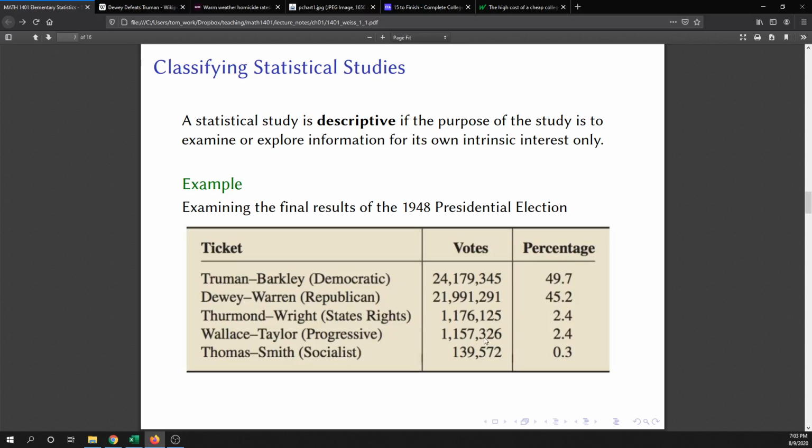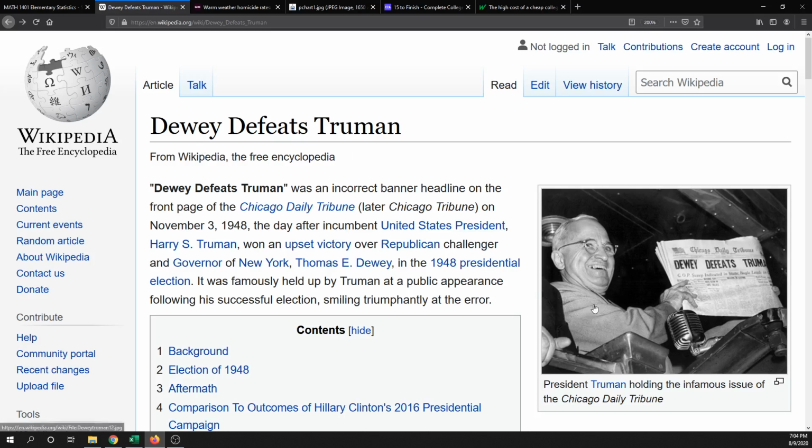So, for instance, here are the final results of the 1948 presidential election, and you can see the people that were on the ballots, and this is the popular votes. This actually is a little bit of a famous situation because there is a "Dewey defeats Truman," and in this picture you can see President Truman, who won that election, holding up the Chicago Daily Tribune, and it says "Dewey defeats Truman." They published the wrong results from the election, and one of the reasons is that